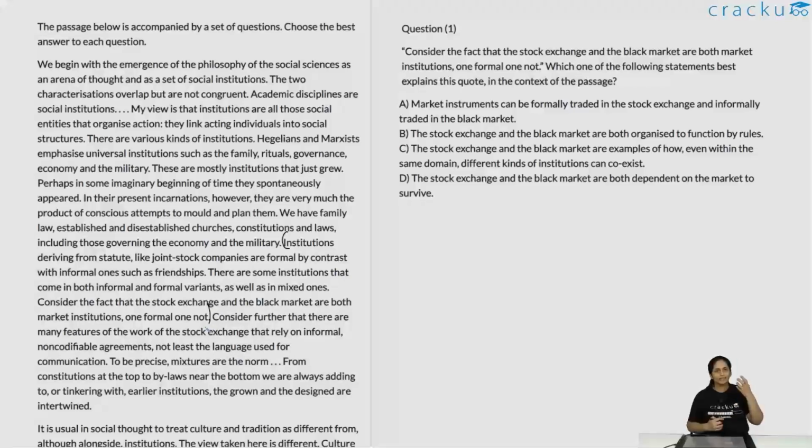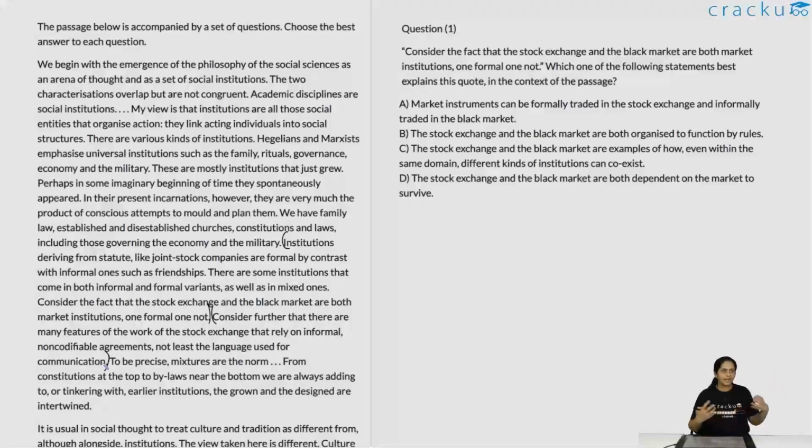That even in the same sector you have formal as well as informal, and in most cases you find a mixture of them. He goes on to say that even in the stock exchange you rely on informal non-codifiable agreements, not least the language used in communication. So essentially he is saying that nothing is purely formal, nothing is purely informal either. In most cases you have a mixture